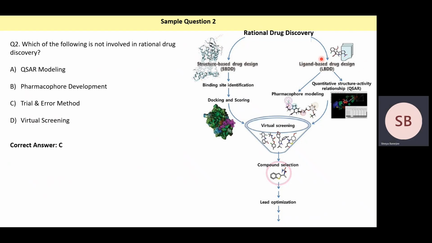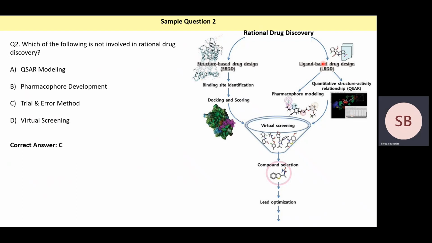In ligand-based drug discovery, there are two approaches. One is the QSAR, or the quantitative structure-activity relationship, where using a set of test molecules, a correlation is found between structure and activity, and that correlation is used to predict the activity of a new structure of a new